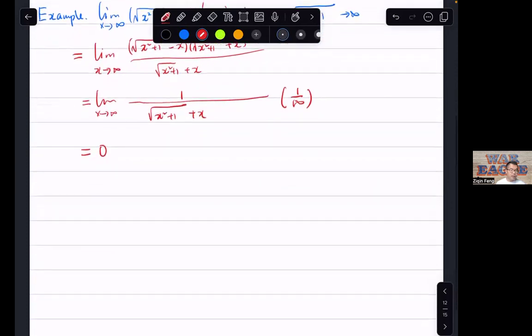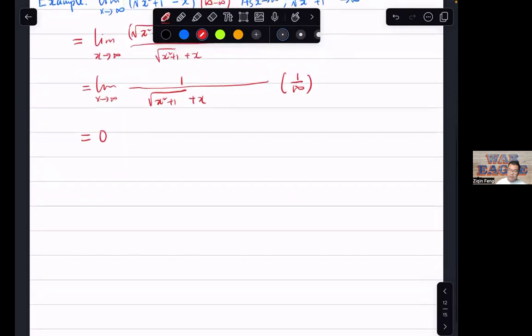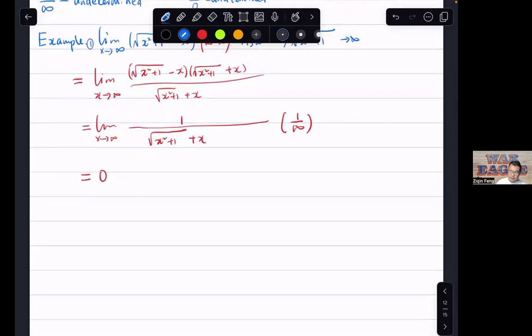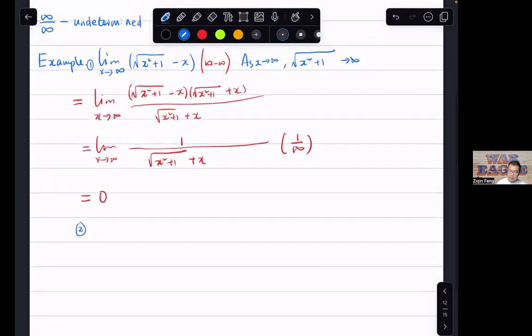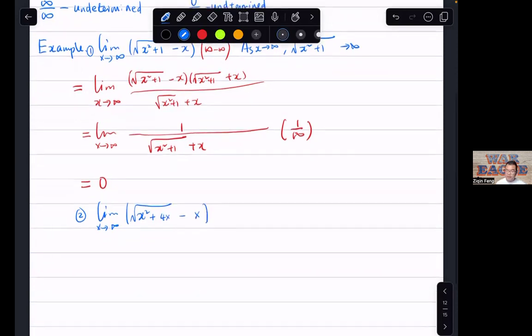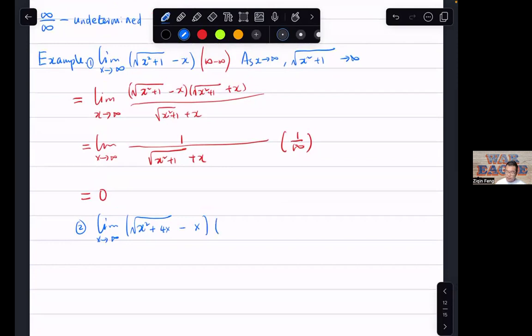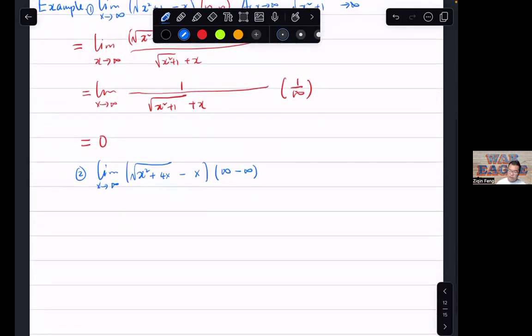Okay, now let's see another example. Another very similar example, example 2: as x goes to infinity, square root of x squared plus 4x minus x. It looks not much different, but the answer will be kind of different. So this is infinity minus infinity, as we can see. We want to do the same thing: if you have infinity minus infinity and a square root,